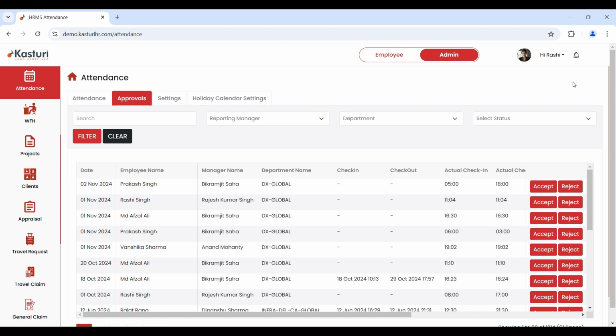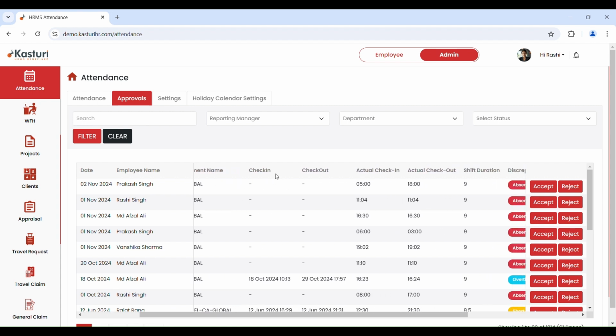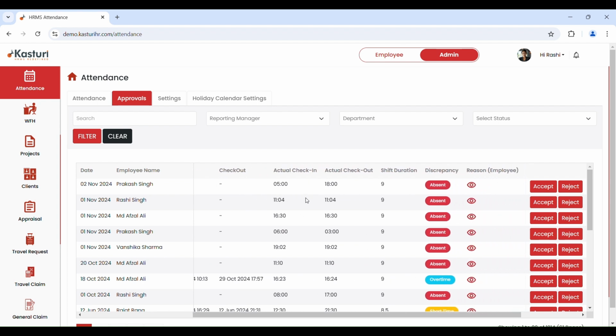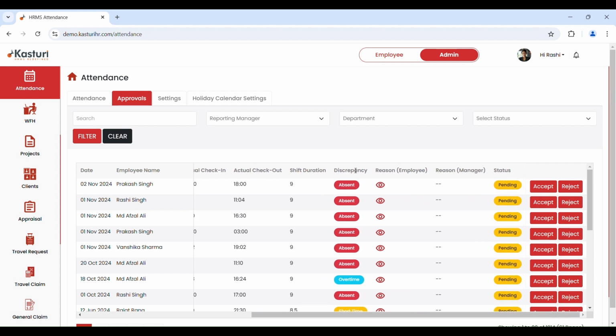Under the Approvals module, you will see the list of discrepancies submitted by an employee against their respective attendance for the day. This list has the date for which the discrepancy was raised, the employee details such as name, manager name, department name, etc., the check-in and check-out marked by the employee, the actual check-in or check-out date, the shift duration, the type of discrepancy, the reason as entered by the employee,